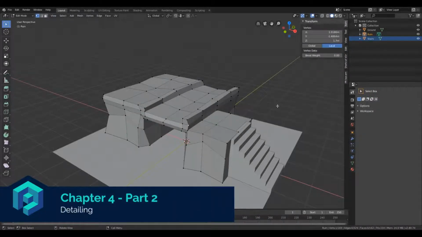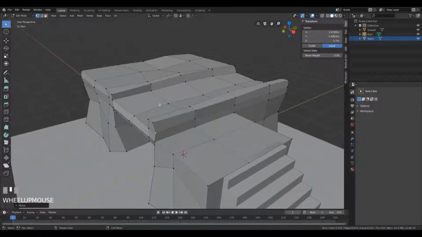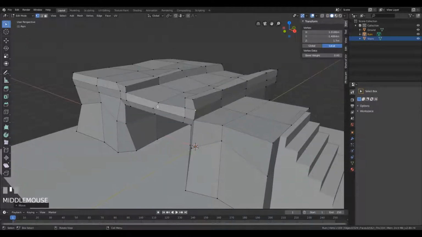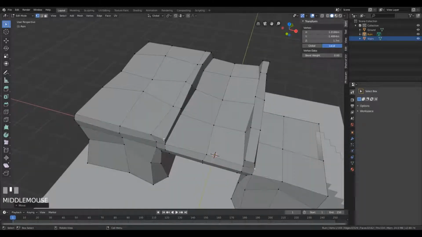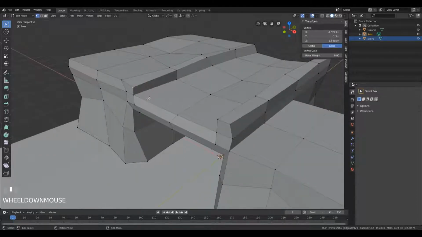And there's one other thing I will do with this structure, and that's chiseling some corners with the bevel I showed you in the rock modeling. If you haven't seen that, don't worry, I will show you how to do that here. For example, I want to do a nice beveled corner here, so let's just press Ctrl B